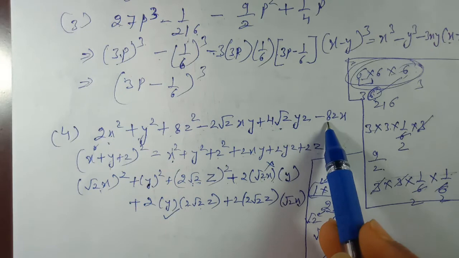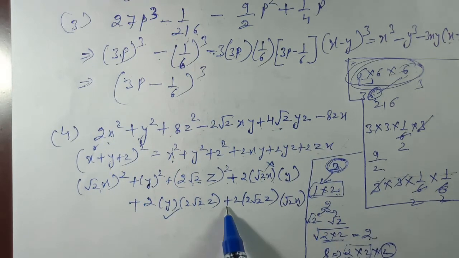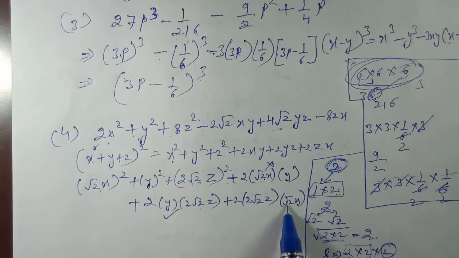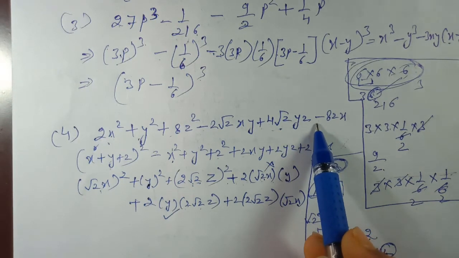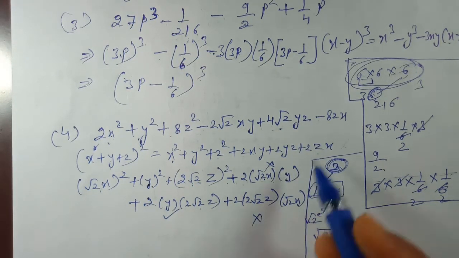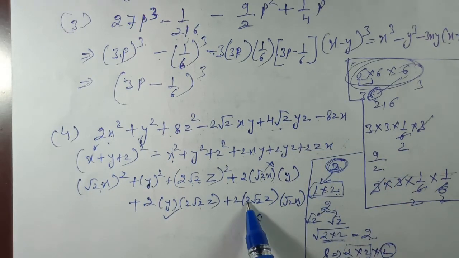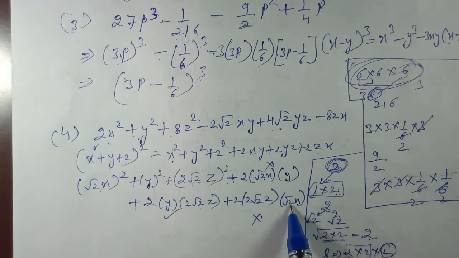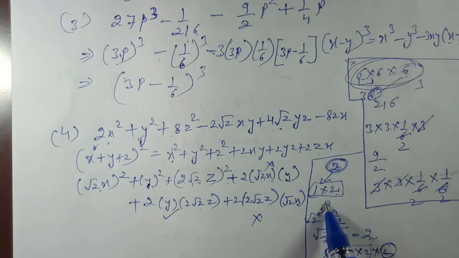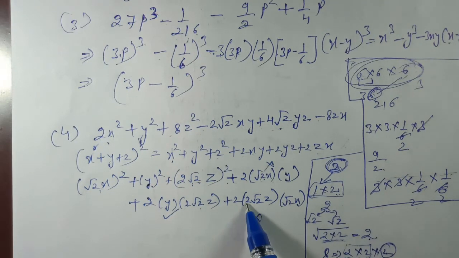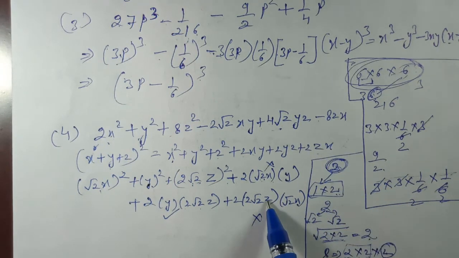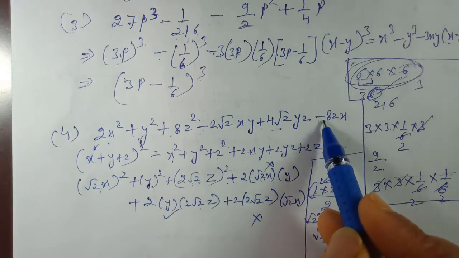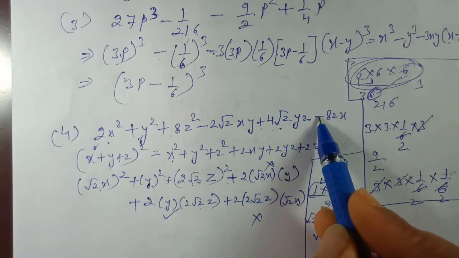We have to find out the number 8. So first of all check the sign. All are positive, so positive will be there, but here we have to get the negative sign. So the sign is to be corrected over here. Let us check the number. 2 into 2 will give 4 and root 2 into root 2. When we multiply root 2 into root 2, they will give 2. So 2 into 2 is 4, 4 into 2 is 8. So the number is correct, then variables z and x are also correct. So what is required? The sign is to be corrected.